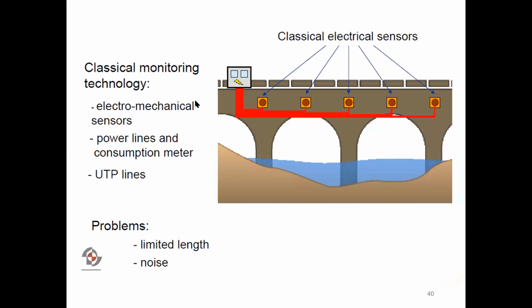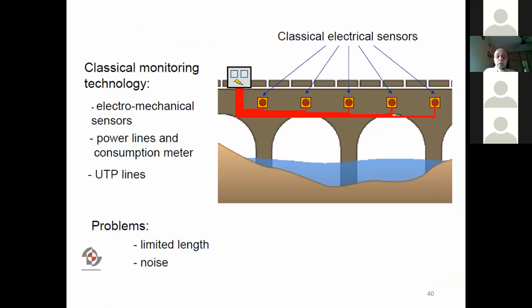Classically, we use electromechanical sensors. Right now we are using electromechanical sensors, but an electromechanical sensor can only do point monitoring. Wherever we put the sensor, we can monitor at that point only. We cannot monitor continuously at all points. To overcome that, we can use the optical fiber. Also, an electromechanical sensor requires power, but when you use optical fiber, we don't require any power in the field. Power is required only at the point of the laser, right? So this is a very, very interesting thing. Once we put the optical fiber cable, it can work for 30-40 years without any problem, minimum 25 years. So we don't have any recurring cost also, right?